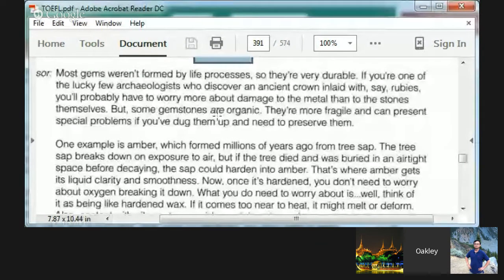Now, what I would like you guys to do as I'm doing the lecture, please grab a pencil, grab some paper, and make notes. What are you going to make notes of? First of all, there's going to be a topic, a general topic, and then there's going to be a controlling idea. What is the speaker's focus? All right, fine. Okay, most gems. The general topic is going to be something about gemstones. Great, but what is he really focused on explaining? You've got to capture that. We'll talk about it later.